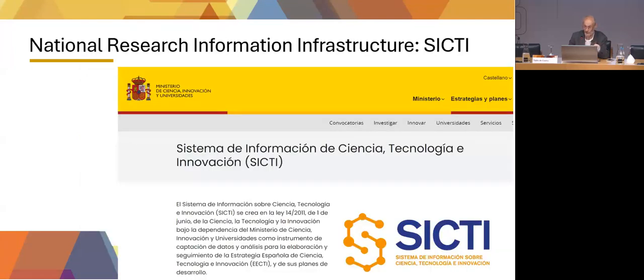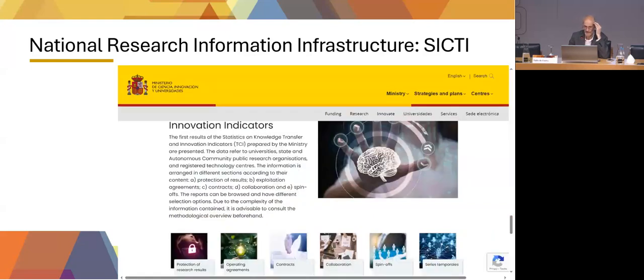There is this very interesting portal in Spain from the ministry. It's called Síguenos. As you can see on the slide, it's a very long URL. I'm not sure I've put it in there. I'd like to highlight these innovation indicators. This is not strictly a CRIS system. You don't have a collection of all researchers working in Spain, where, what projects, but you have other things.